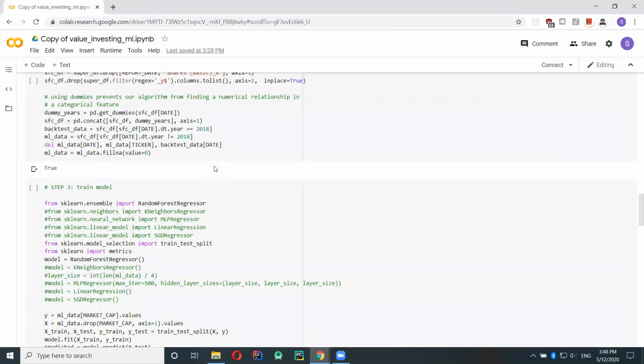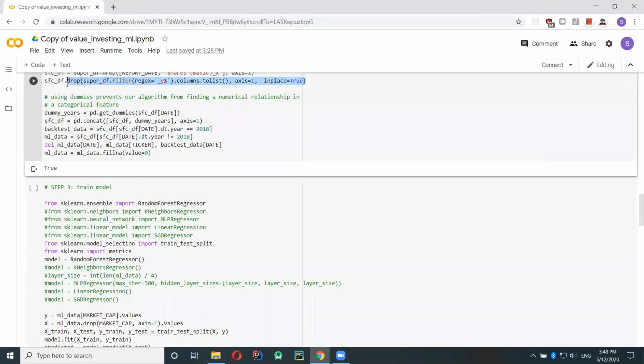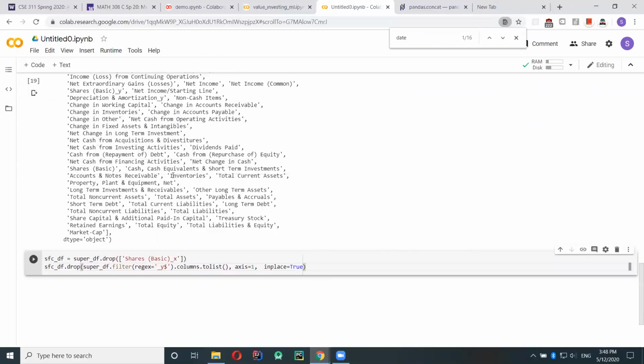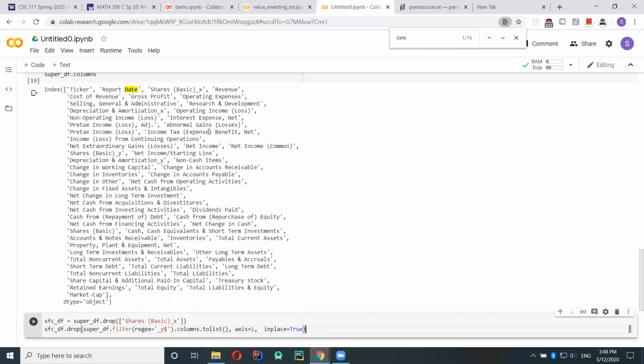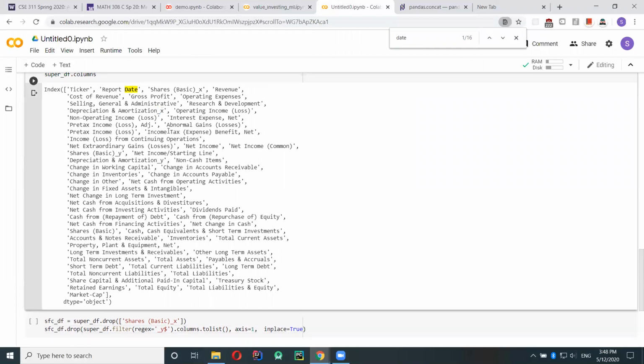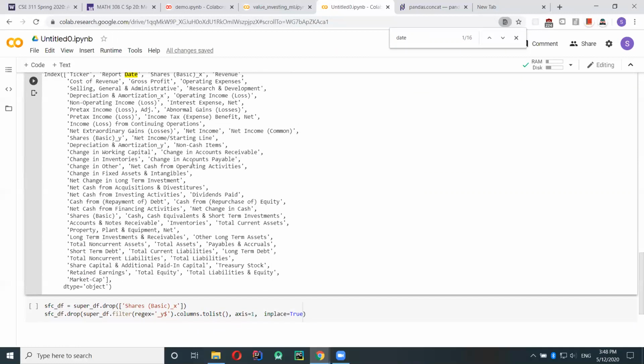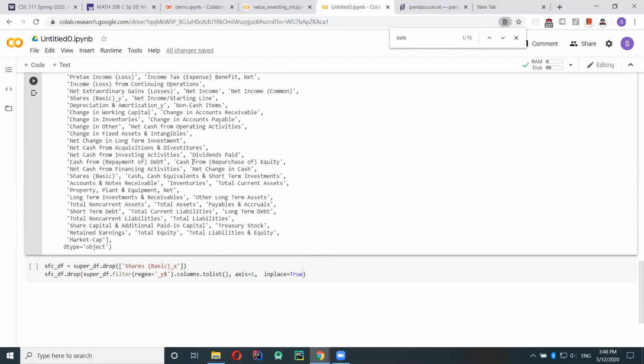Also, this is a line of code that I copied from Stack Overflow. You can notice that there's a bunch of -y stuff. There's -x and then there's -y. -x and -y mean that they're duplicate columns; they take the old columns and put a -x and -y to know where each came from. x is the left and y is the right.